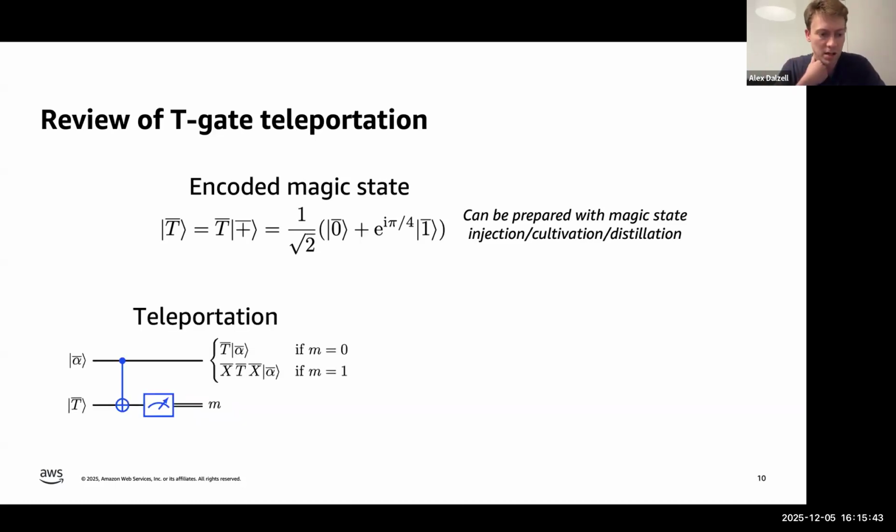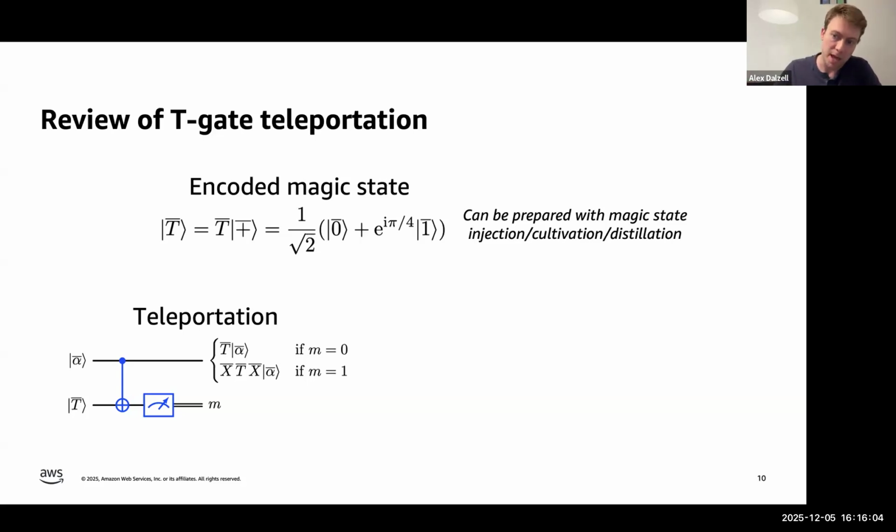Once you have such a state, you perform the logical T gate onto an arbitrary quantum state alpha by making an entangled measurement of this 2-qubit system to receive a single bit measurement outcome M, uniformly random, where if M equals 0, you've applied the T gate successfully onto the first register.